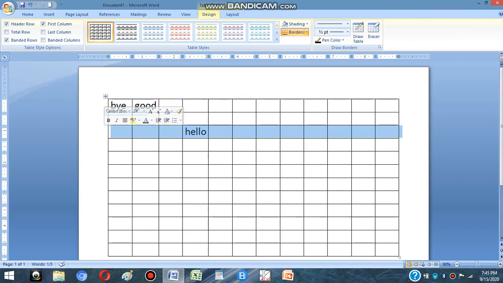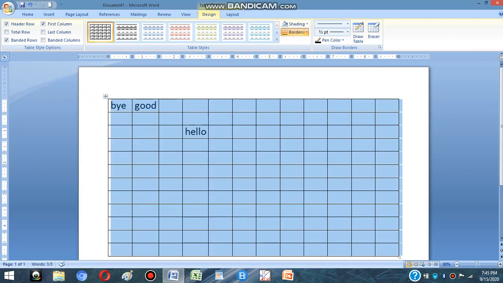It becomes a black arrow pointing downwards. Now click and my entire column will be selected. Now, selecting the entire table: move the mouse pointer outside the top left edge of the table. A four-directional arrow comes like this. We can click and select the entire table.